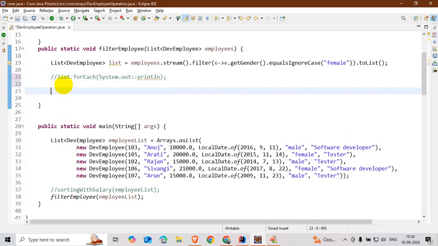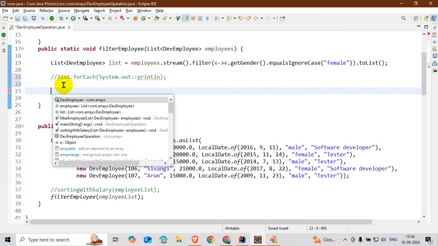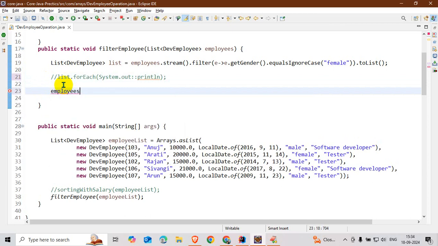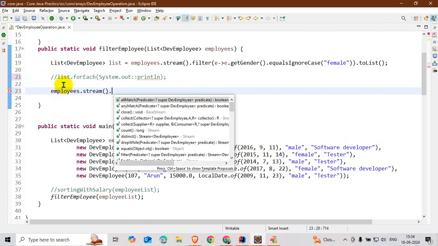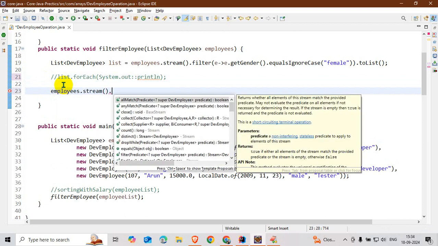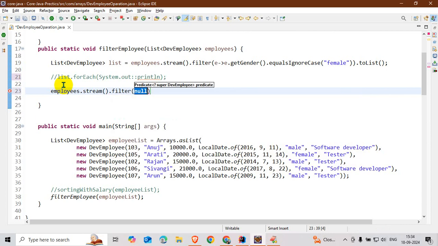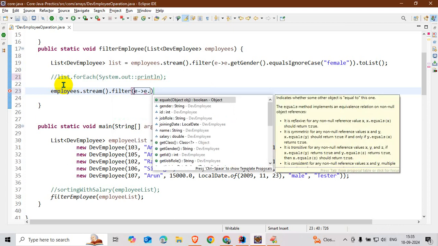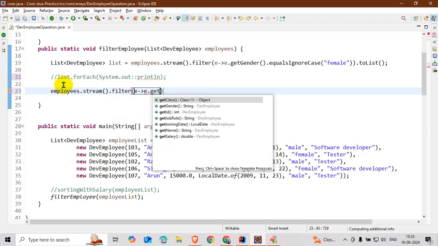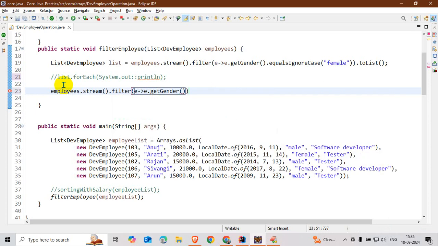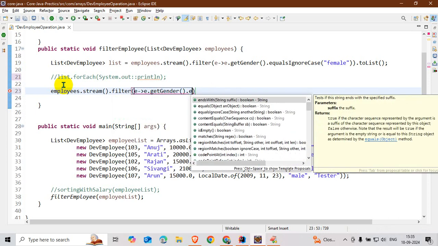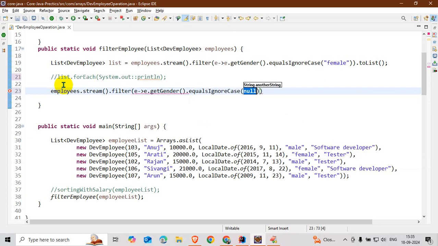Employees dot stream, and I want to filter, same logic, filter. In filter I write the lambda expression e dot getGender dot equals, and in uppercase I pass the string object MALE.